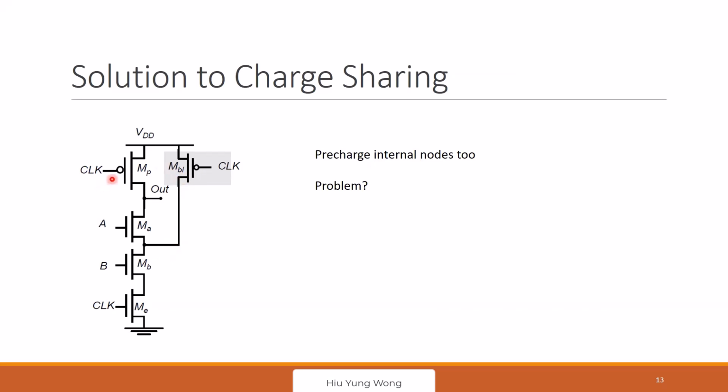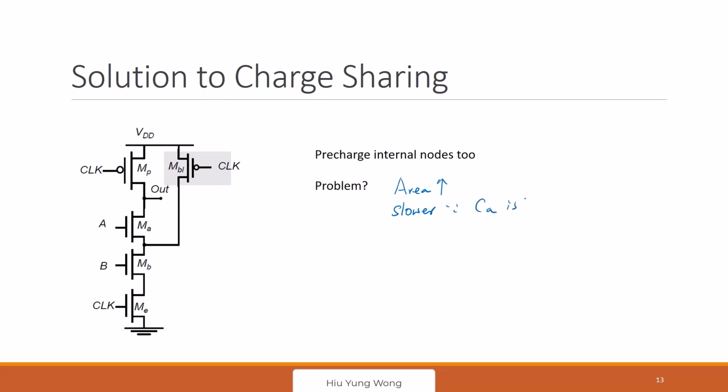So what we do is when we are charging up during the pre-charge phase, besides charging up this node, we also charge up the internal node. And no need to say, right? What's the problem? You increase the area. And not just the area, right? You actually will be slower because now